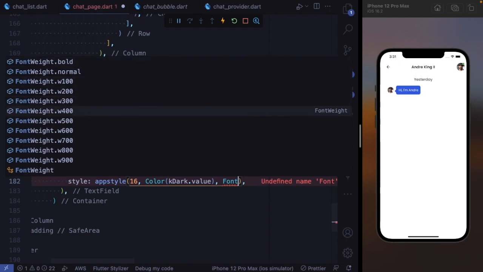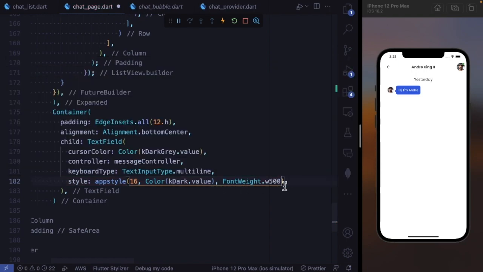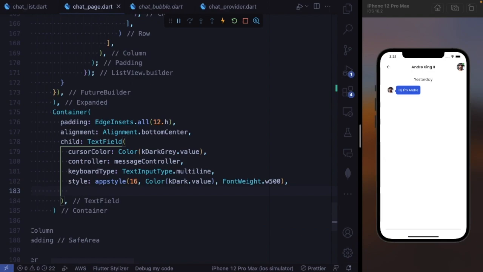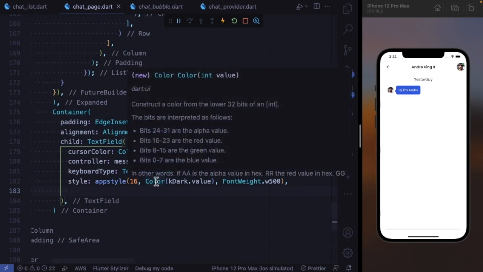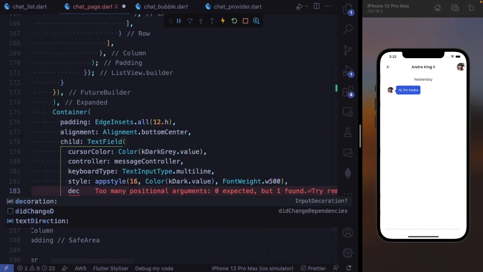Our font weight is going to be W500 here. Okay, let's try to save it and see whether it can come up. Nope. Okay, so we're going to have a decoration,